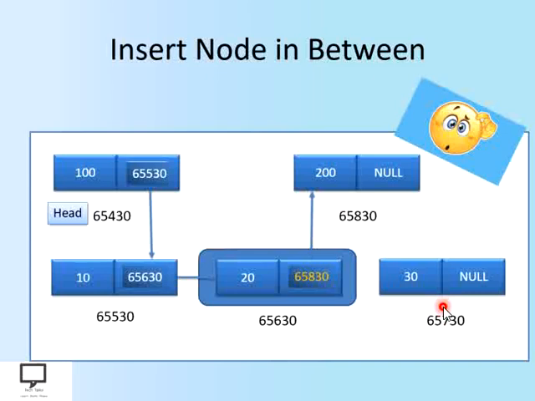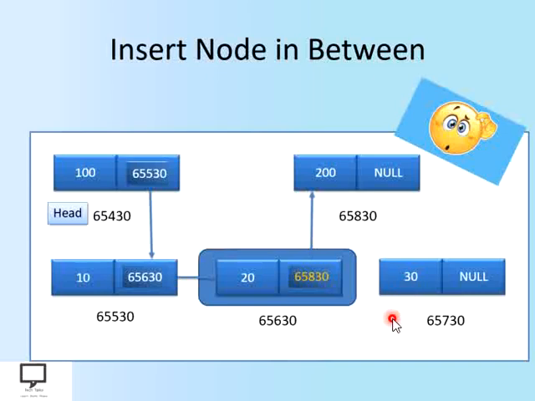Can you think about it? If we do it like this, you are going to miss the link or address location of this node which was there in the next field of this node and which is overwritten. We are not having any copy of this address location anywhere, and if it is not preserved, then how are we going to form a link between these two nodes? So this is the wrong method.